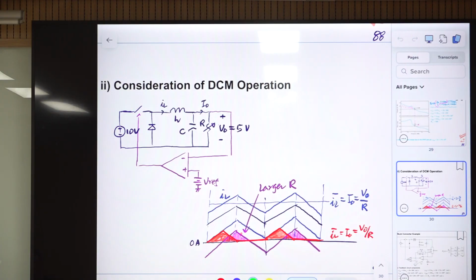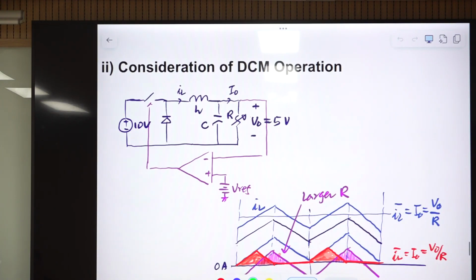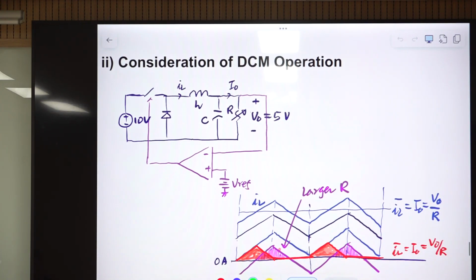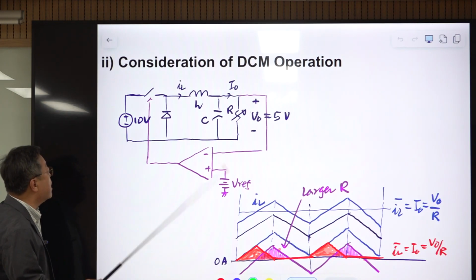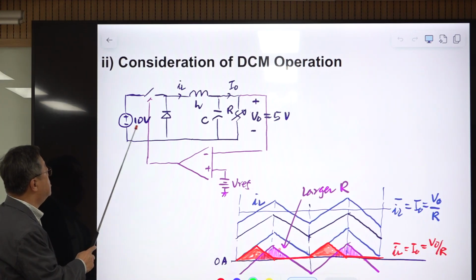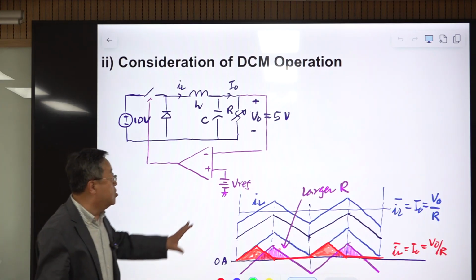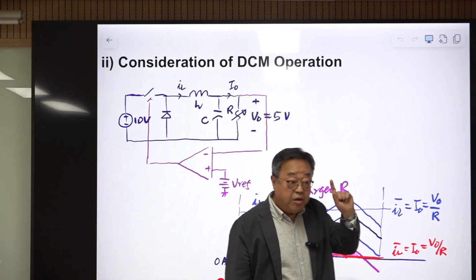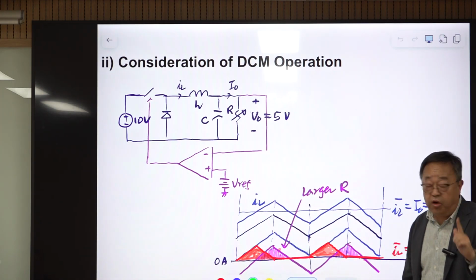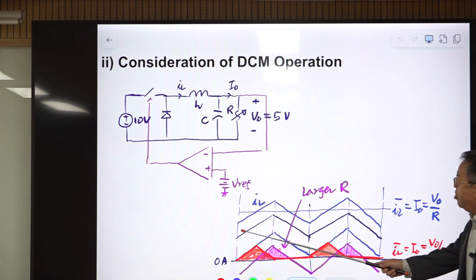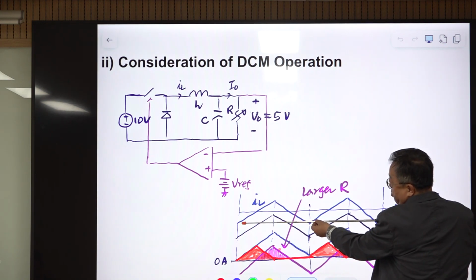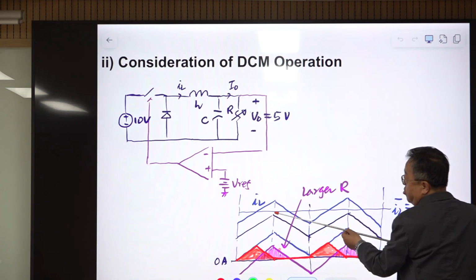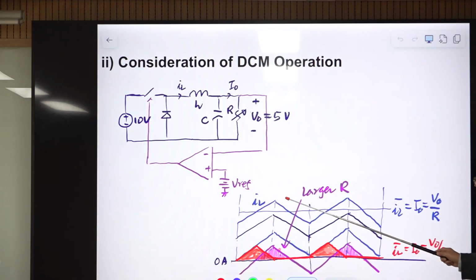This is a kind of review about the DCM operational mode. This is the case of a buck converter, and this is the inductor current waveform. Assume the input voltage is 10 volts and the output voltage is regulated at 5 volts. That is the assumption. In that case the duty ratio is 0.5. So this is one operational period, and half of that is the on-time period, and the remaining half is the